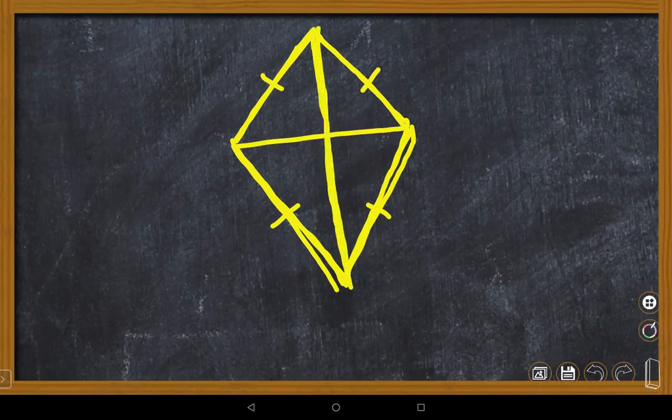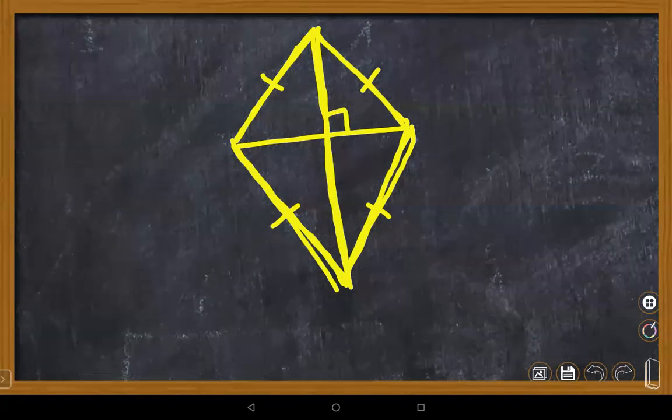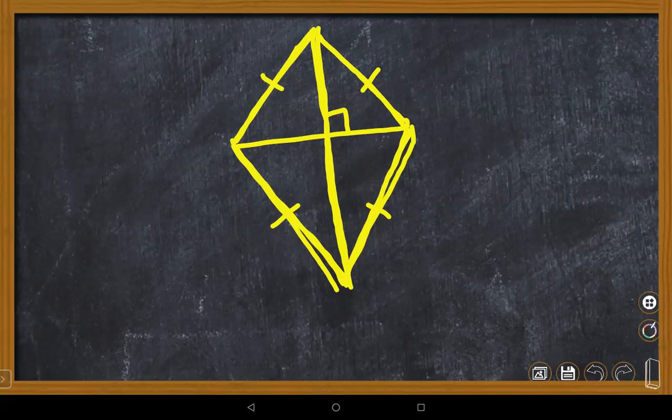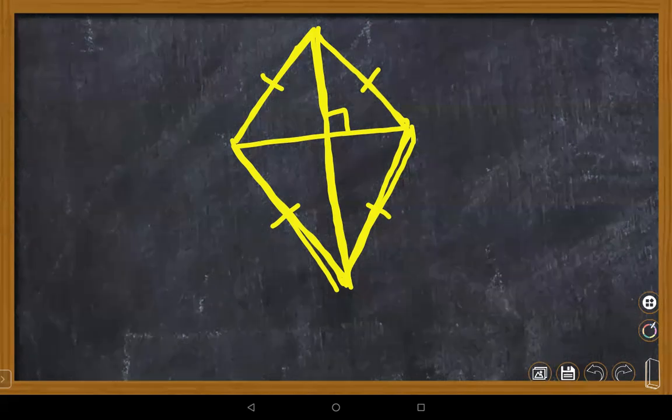Now you understand, Lalit, what is a bisector and what is perpendicular? Perpendicular means 90 degrees. Can you tell any other things about the rhombus? Ma'am, the diagonals are not equal. Yes, diagonals are not equal. These diagonals are perpendicular to each other, and they bisect each other at 90.